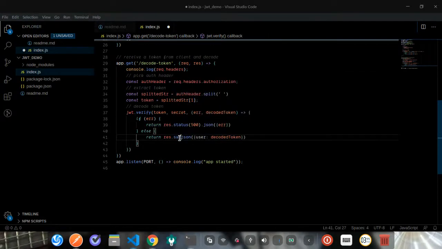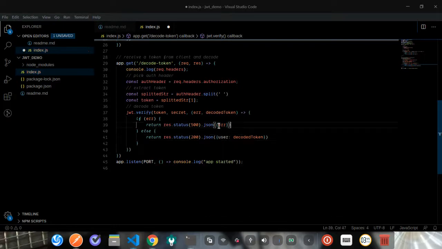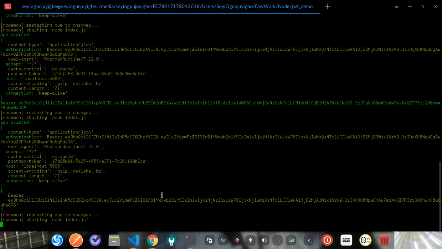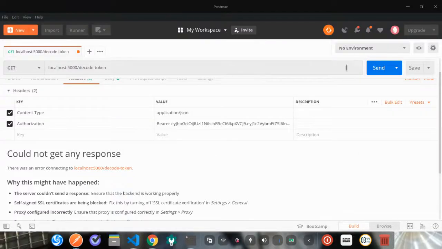Let's send the status 200 here, dot json. So I'm going to save this and allow my server to restart, and that should take some seconds again. All right. So now let's send this request one more time,